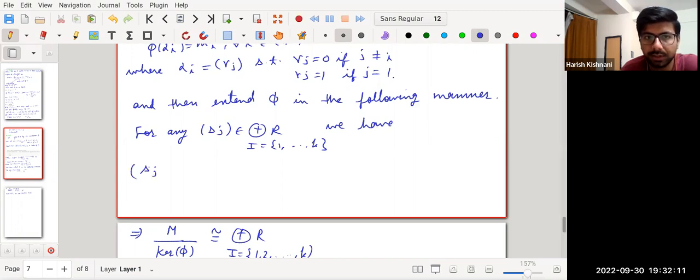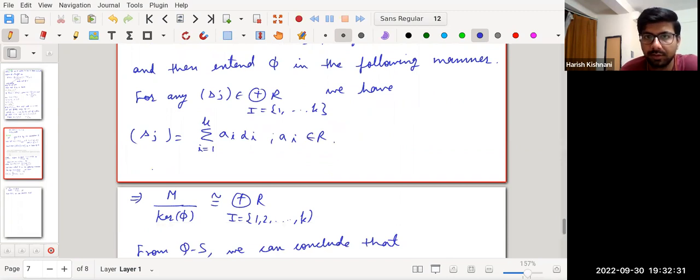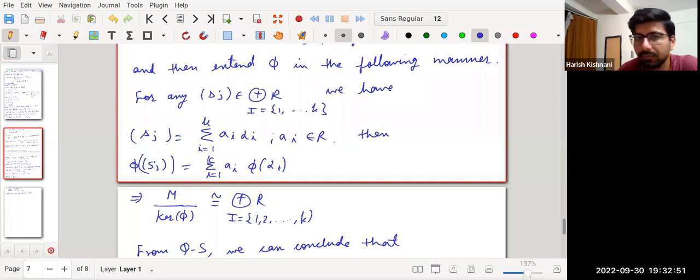The sequence Sj is just the sum of these Ai times alpha i, i equal to 1 to k, for some Ai inside R, then phi of Sj is nothing but the summation of i equal to 1 to k Ai of phi of alpha i. Okay, so